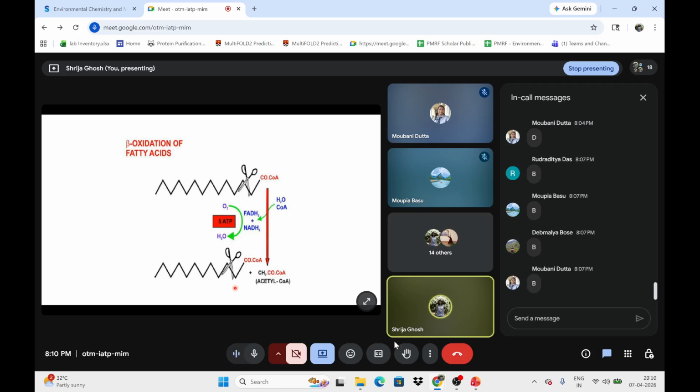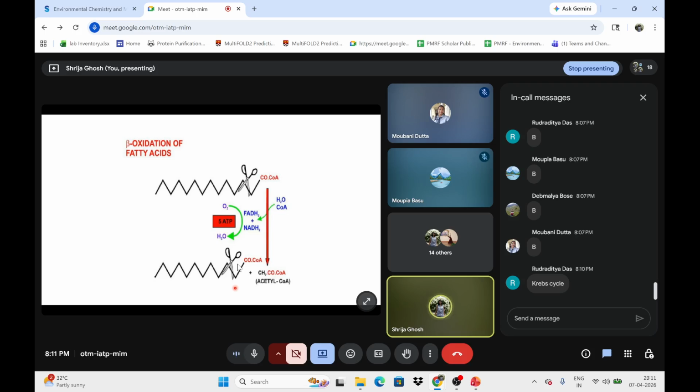When we discussed the biochemical cycles, remember acetyl coenzyme A was the one that was entering one of the cycles. Which was that? One of the pathways or one of the cycles. You remember, anybody? Yes, Rudraditya has answered Krebs cycle. That is the correct answer. So all the acetyl coenzyme A from fatty acid oxidation will mostly enter the TCA cycle. Some of them can have other roles as well. Okay, so you can now relate.